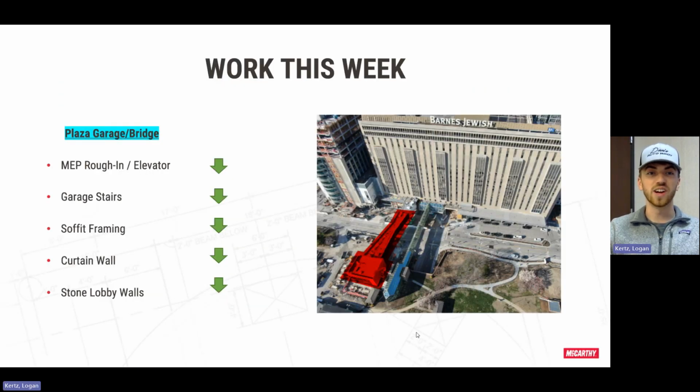Alright, so over at the Plaza Garage and the bridge, another awesome week. MEP rough-in and elevator work is continuing, making some huge progress here. We've pretty much got all of our MEP FP trade partners out here, making great strides in the garage and bridge. So super exciting to see that stuff happening. The garage stairs are continuing. We're hoping to pour these at the end of this week, so should have a pretty cool update there next